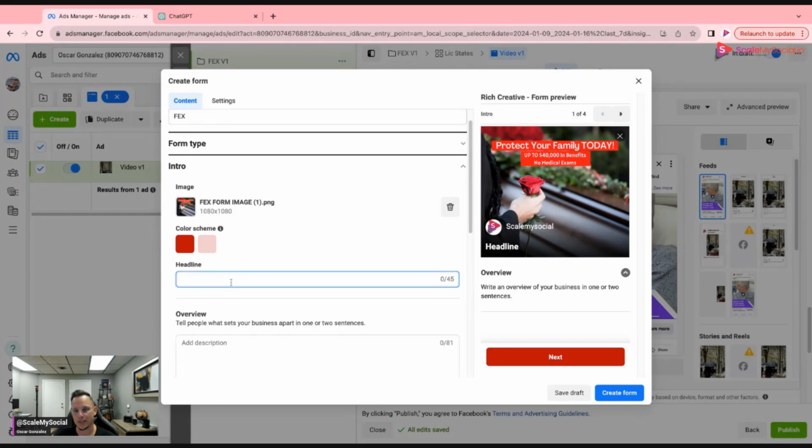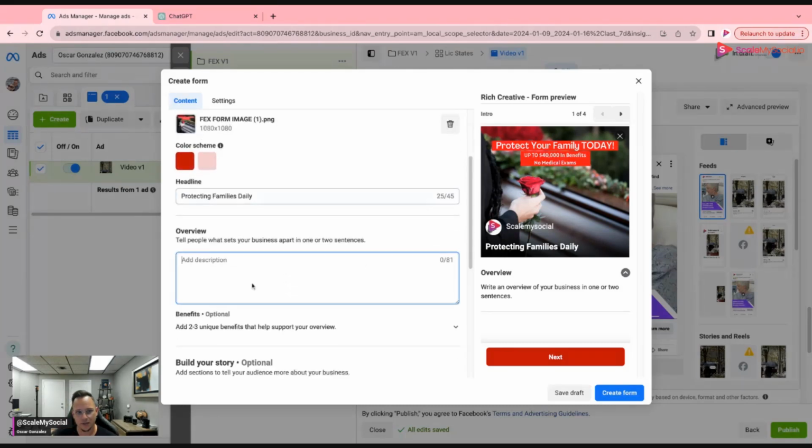Now we're going to go into the headline. What should the headline be? I like to keep it simple, right? You could do something like protecting families daily, right? Doesn't need to be more complicated than that, guys. Now, overview. I like to use this section and just give a few bits of information or a one-liner. Okay, so let me just copy this that I have here, and I would do something like,